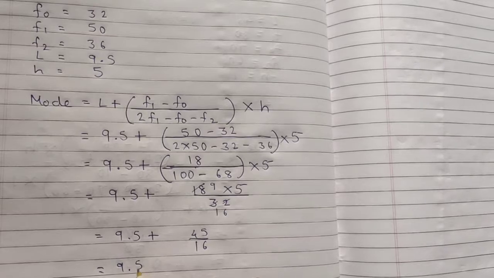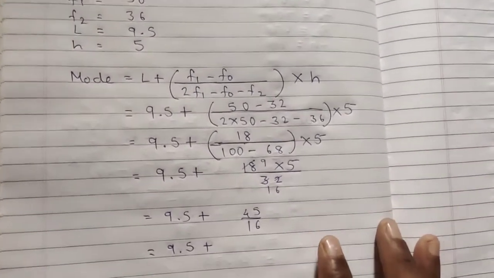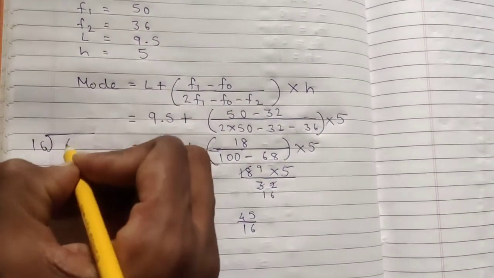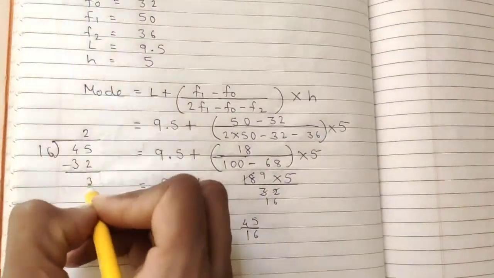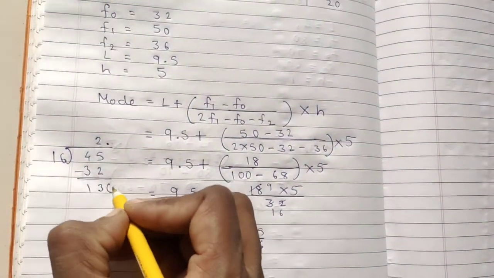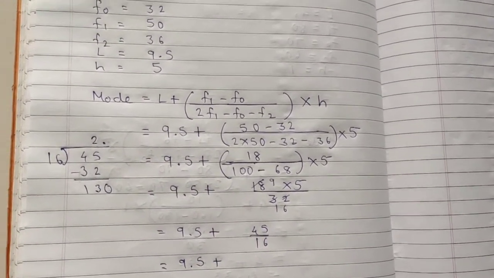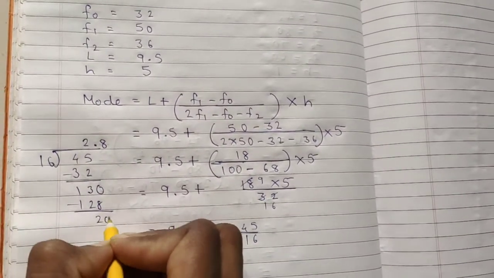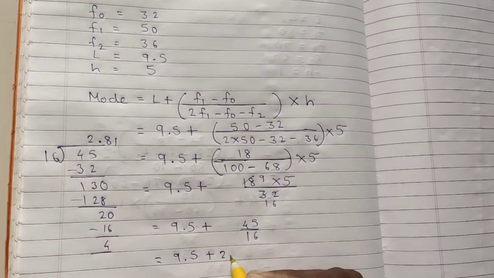Now you have to divide 45 by 16. Let me divide it for you. This is rough work, which you are going to do in rough. So I am showing here how to do this. 16 twos are 32. Do subtraction. Take the point here, then you can have 10 here. You have to read the table of 16. 16 eights are 128. Subtraction gives you 20. Finally you are going to get here 2.81.